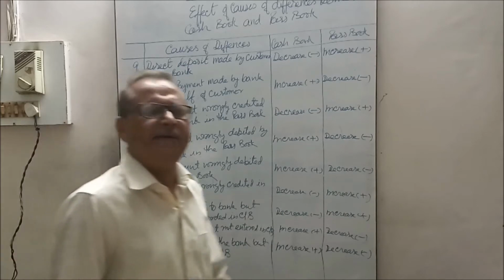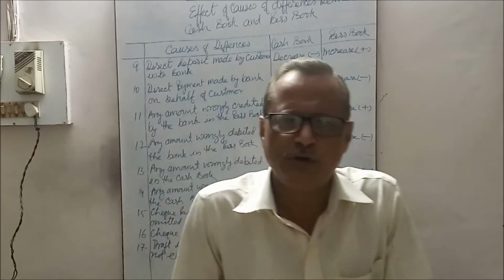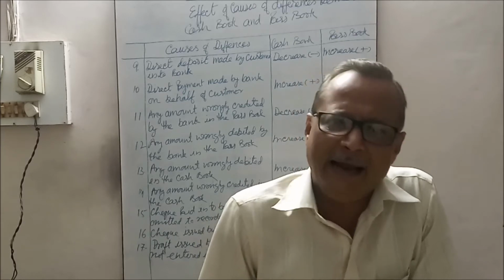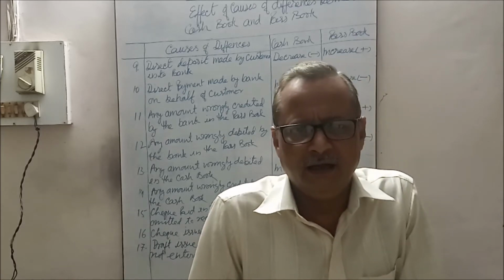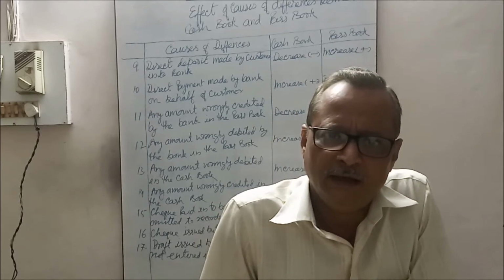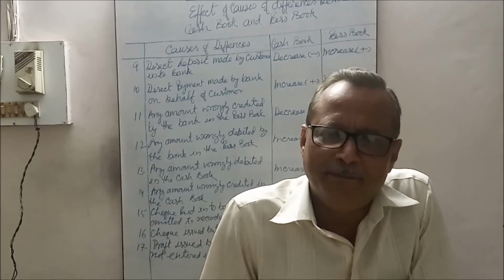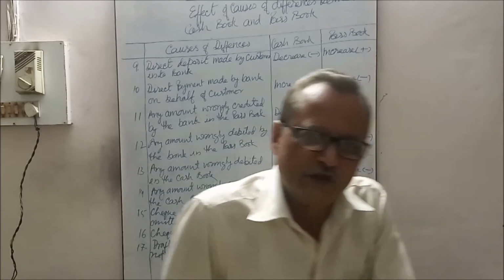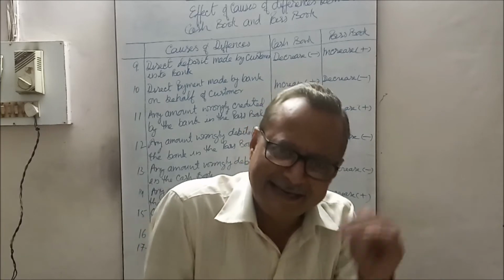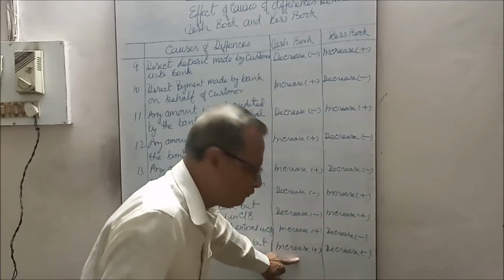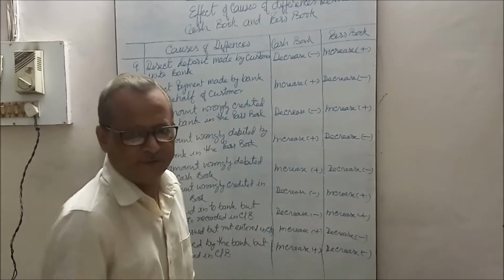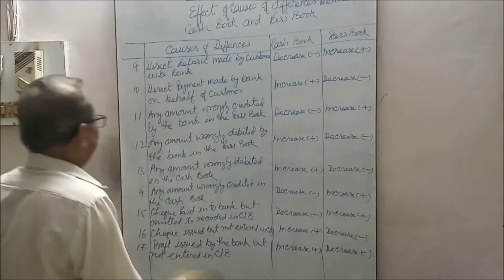Drafts issued, sometimes the drafts are also issued, that is banker checks. The banker issues the draft on behalf of the business. In that case, the bank has been debited, but that is not credited in the cash book. Cash book will show increase and passbook will show decrease in balance. Likewise, some more items are also there.